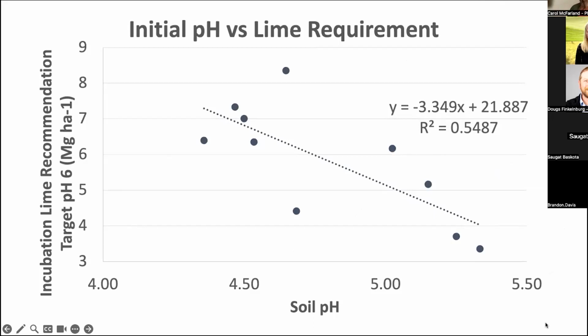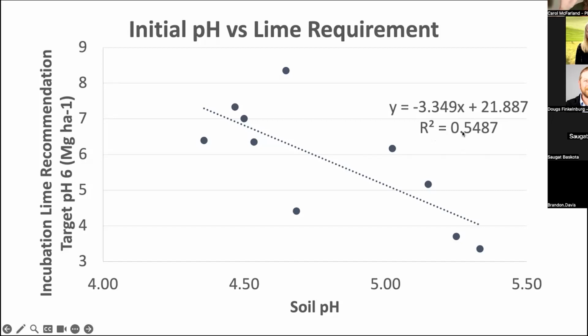Okay, so when I said that you can't determine lime requirement from the pH of the soil, this is why. I'm not sure how many folks in this audience love looking at correlation graphs, but here on the x-axis we have soil pH, and this is from some of the research we did that I'm about to get into. This shows what the lime recommendation for a target pH of 6 is. And if you're familiar with R squares, you know that, or if you're not,